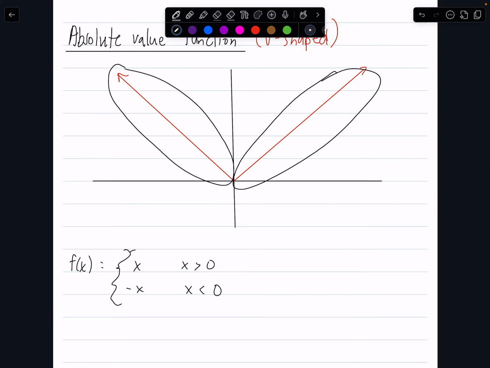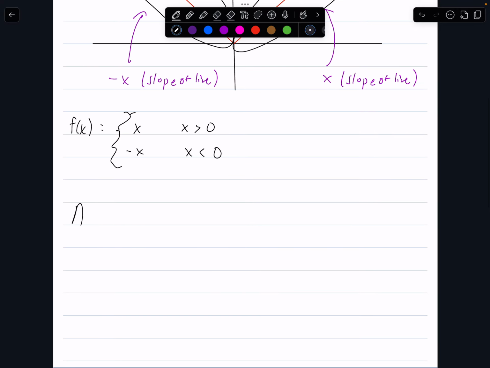So if you look at this, on this side, it's negative x, and on this side, it's positive x. And when I'm talking about this negative x, I'm talking about the slope of the line. That's negative x, and the slope of the line, that's positive x. Right? So this is just visually how you can identify what an absolute value function is. Now this is obviously graphically. Algebraically,